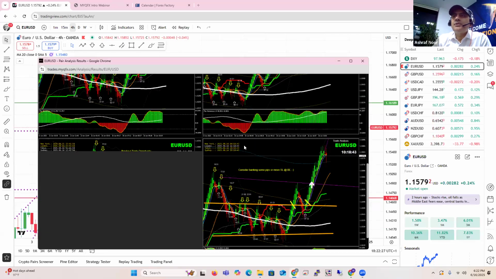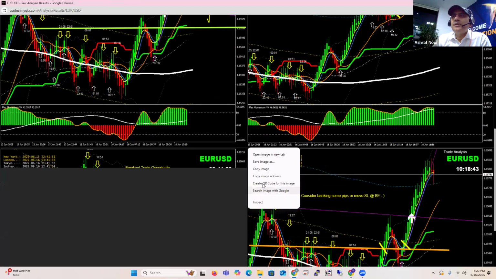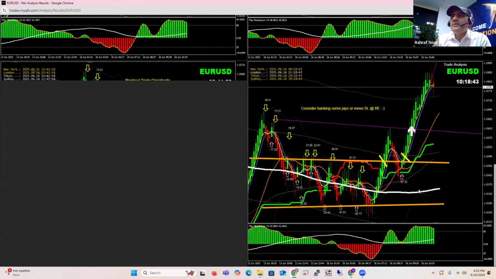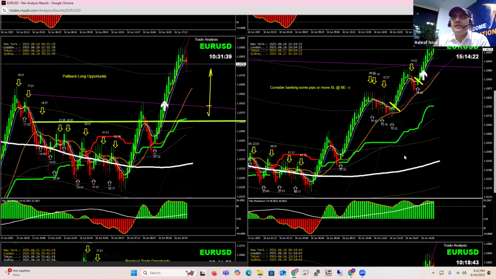Okay, so I'm not sure why this image is not reloading, but this is the analysis we did this Asian session, Asian session open. So what we're looking at here is the breakout, price nicely broken and retest. And after that, we also did analysis here. You can see here,